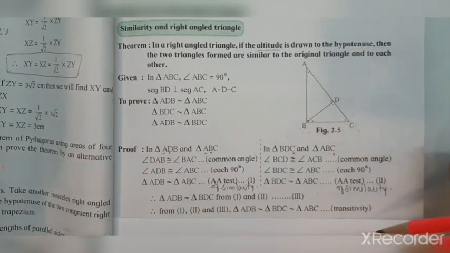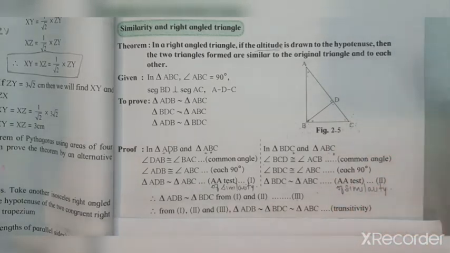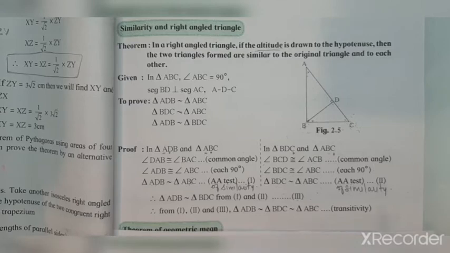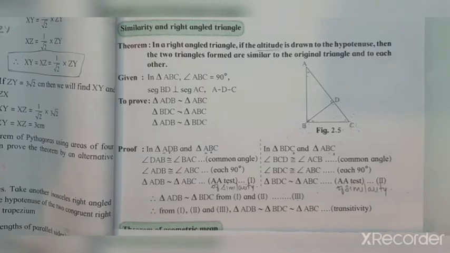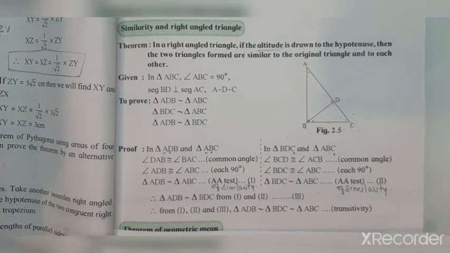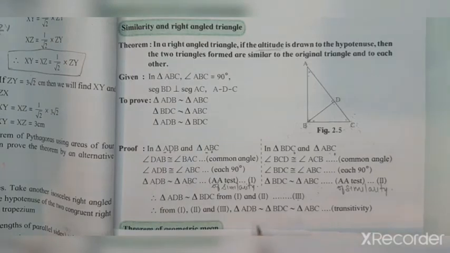Okay, by the property of transitivity which we have studied in the first lesson. First is similar to second, second similar to third. So, first similar to the third. That means all three are similar. This is a very important property which we will have to use many times in the sums. And in this particular theorem, it is very important to write the names of the triangles according to their one-to-one correspondence, because if you miss out on this, and write the names the other way, you might get the answer wrong.